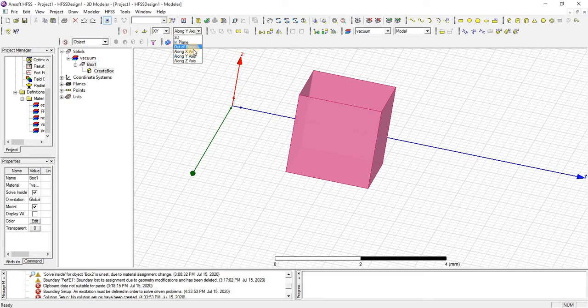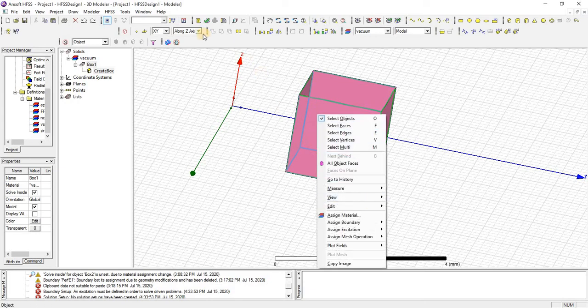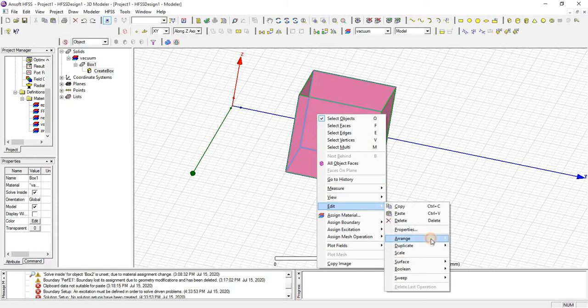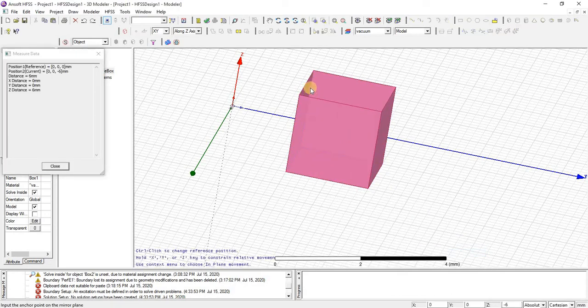Similarly, by changing the axis here, y-axis, z-axis, we can do that. Along z-axis I want to make the mirror of that along z-axis.